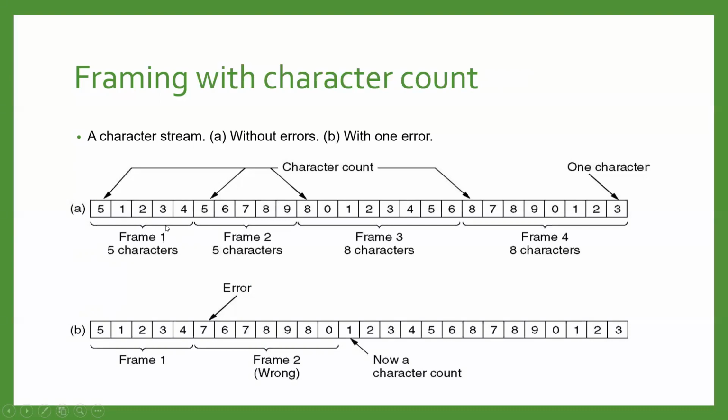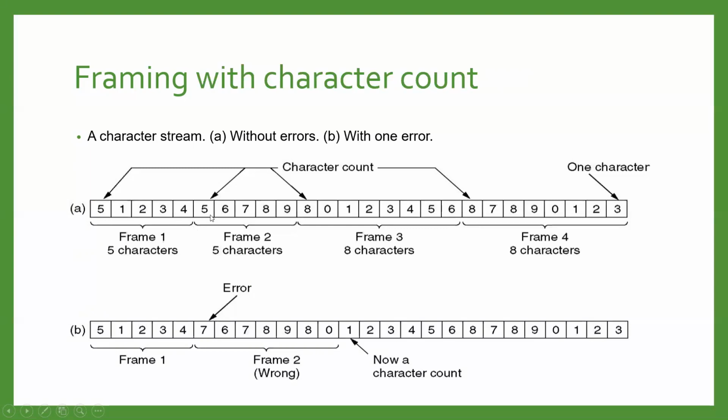If you follow this diagram, the first byte of this frame shows how many bytes are available in this one frame, including the count itself. So if it is showing 5, that means a total of 5 bytes are present in this frame. So 1, 2, 3, 4, 5. This will be the first frame. Now the receiver knows that up to here I have the first frame, so that will be analyzed by the receiver.